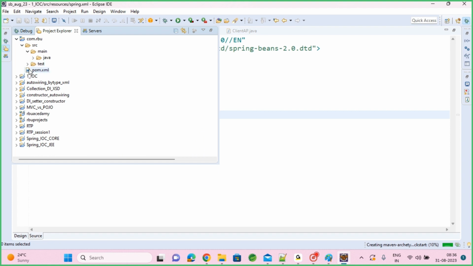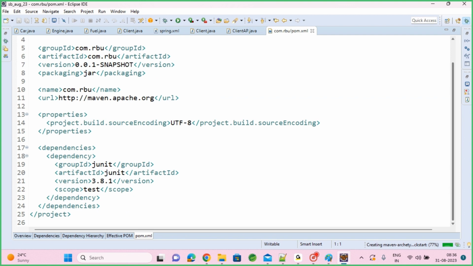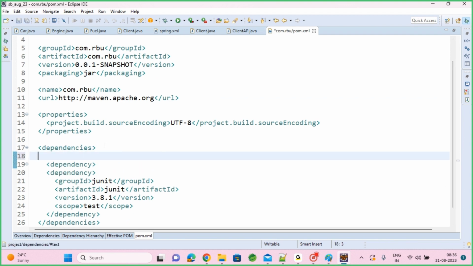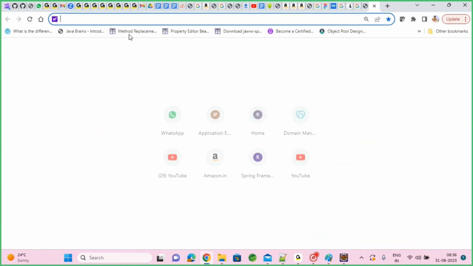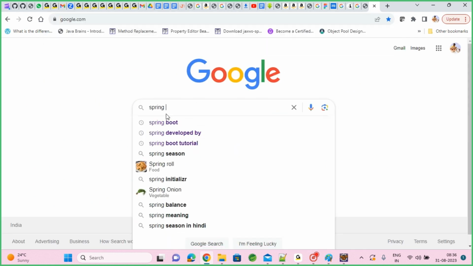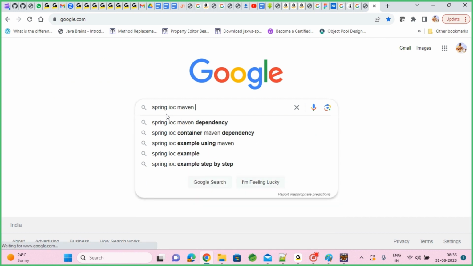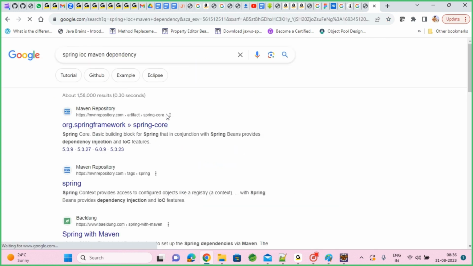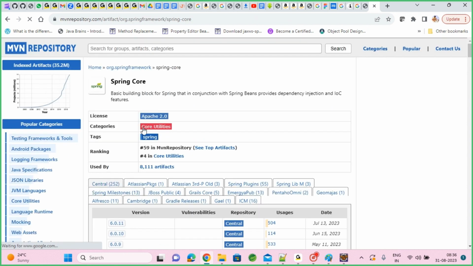And here what you can do, go to the POM file, in this dependencies section, right? You can add them here. So let me show you. Spring IOC Maven dependencies. Let's Google it. We'll get the Maven repository here. Go there,